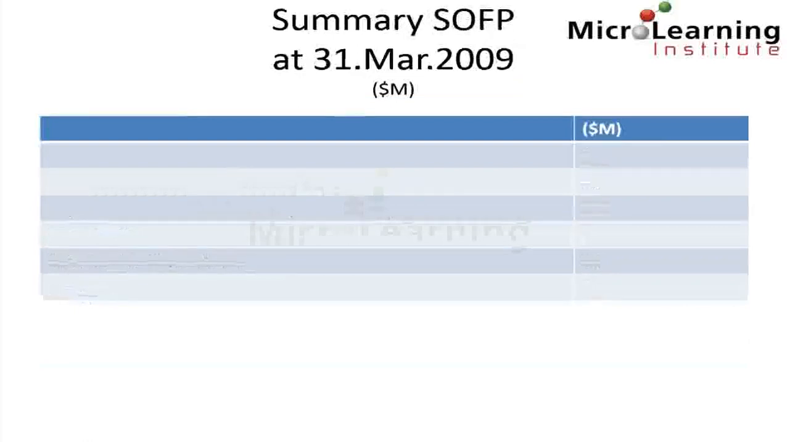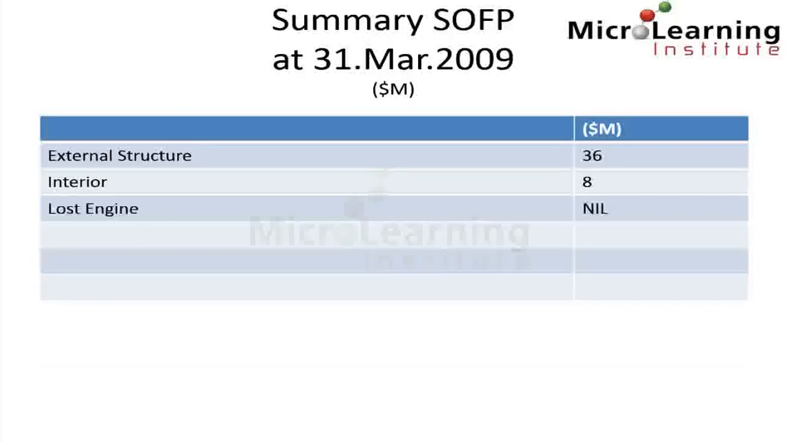Similarly, we can look at a summary statement of financial position at the 31st of March 2009, where we have the external structure at a carrying amount of $36 million, the interior at a carrying amount of $8 million, the lost engine completely written down to zero value, the repaired engine at $5.6 million, and the new engine at $10.5 million, giving us a total asset base in relation to these assets of